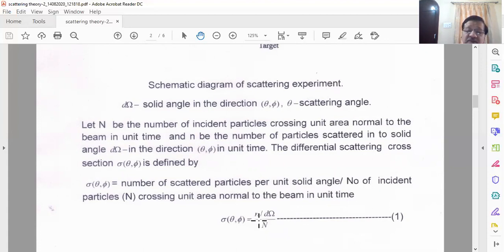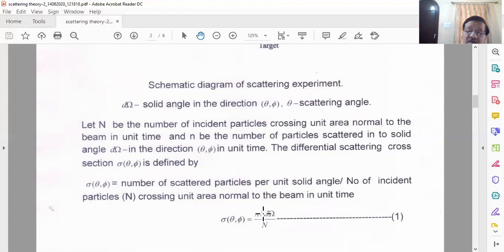So the differential scattering cross section, which is a function of theta and phi, is equal to